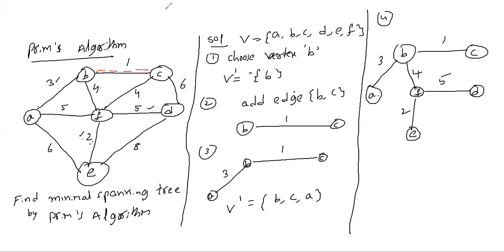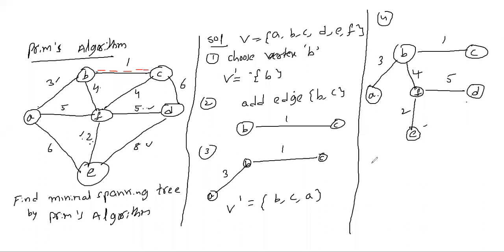For example, why should I add like this? So I can add E to D. For example, here D edge is there. I can add E to D. E to D how much? 8 value. F to D how much? 5 value. So you add the smallest one, 5. So are all vertices covered? A, B, C, D, E, F. All vertices are covered. So now it is a spanning tree which has a minimum weight.